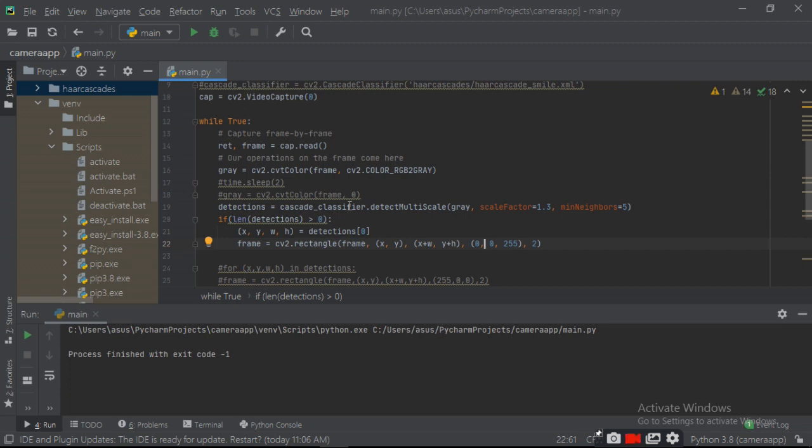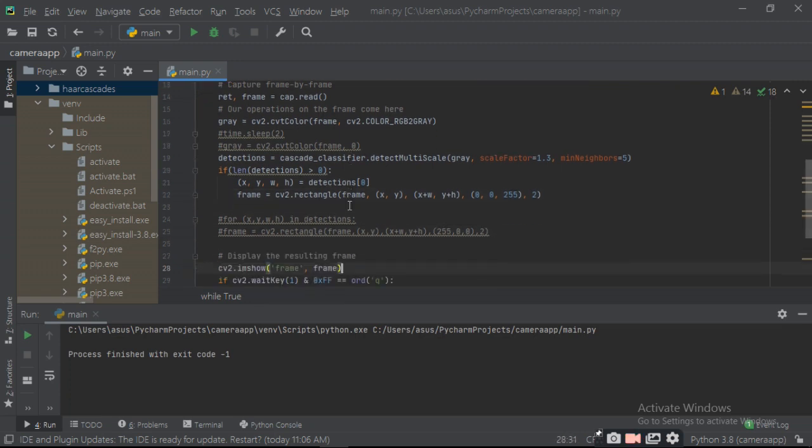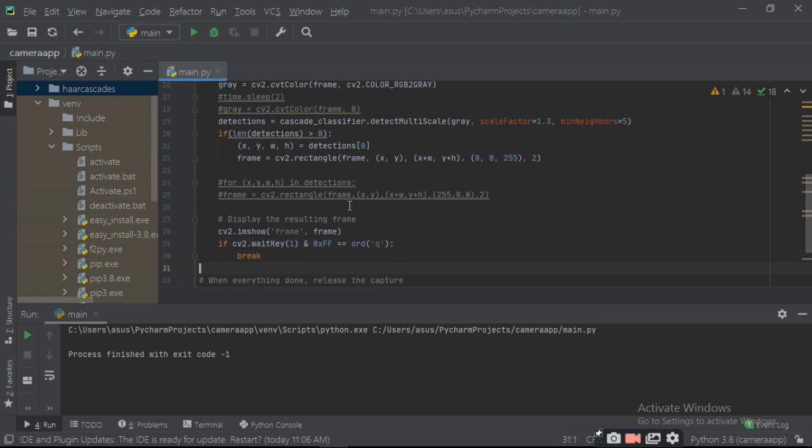If you want to change the color, you can change it. I will show you how to change. Then for frame detection, you display the resulting frame with cv2.imshow, frame, comma frame. It will show you the frame.